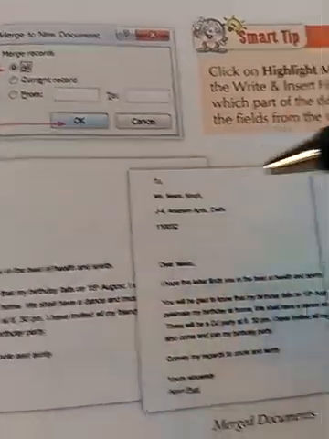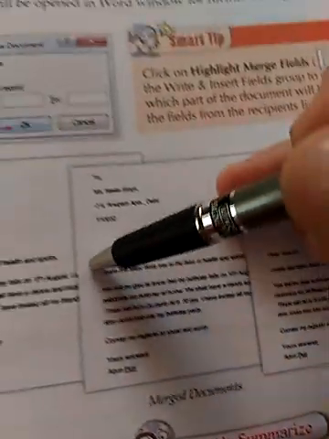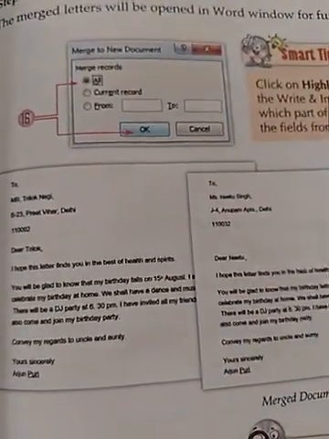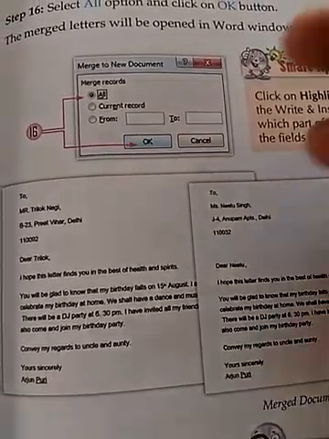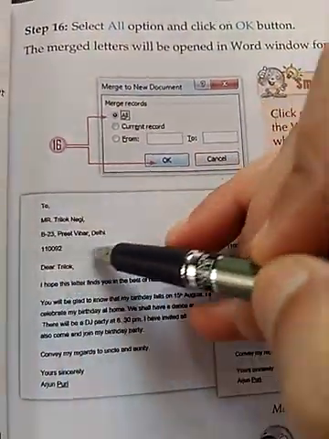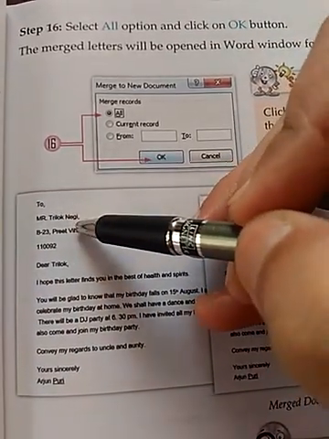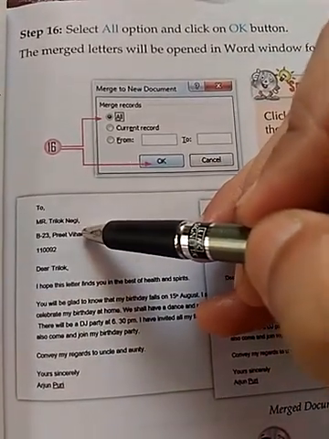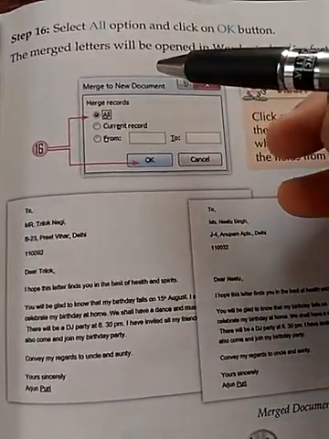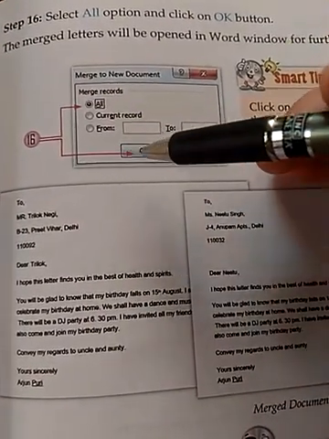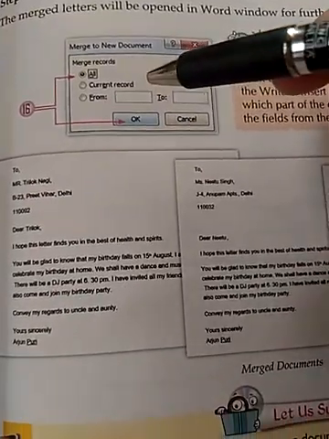So this is document 1, document 2, document 3, likewise. The value which you have entered in the data source will be present in this main document instead of the merge field for all the documents which you want to edit. So this is the entire process of creating a mail merge document.